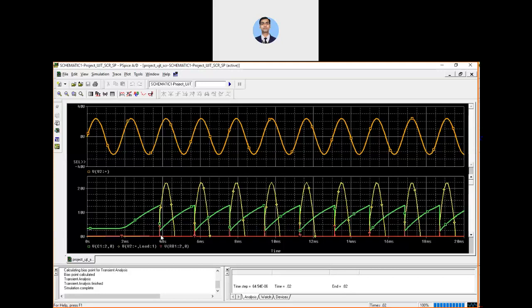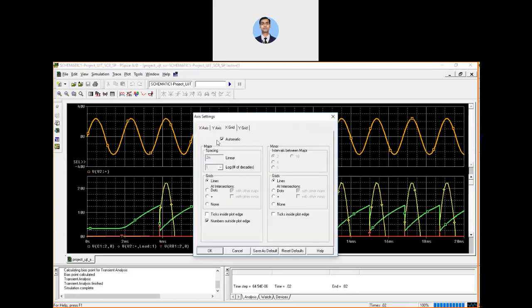As soon as one appears over here, you get your triggered waveform across the load. So this is the way you can see. I can also zoom it. Firstly, I need to check what the period should be.